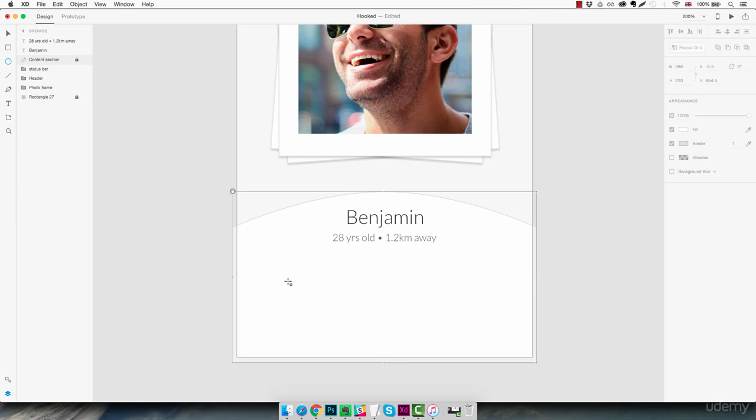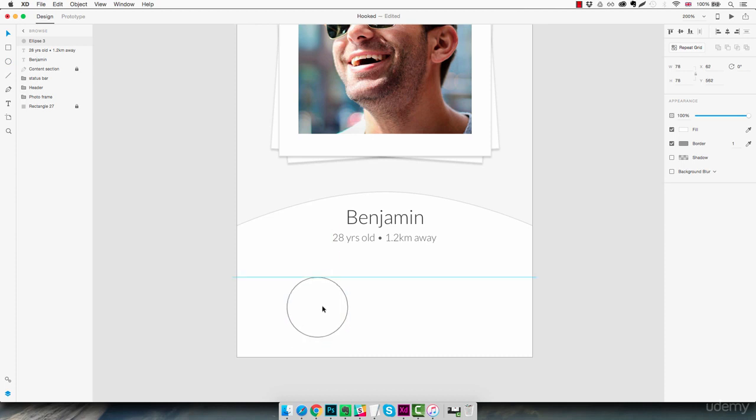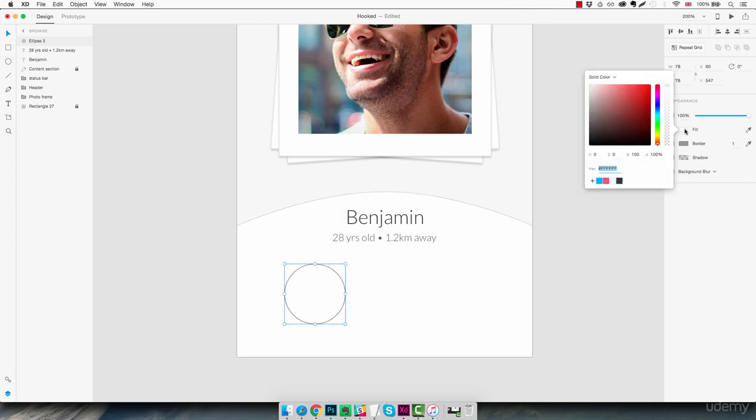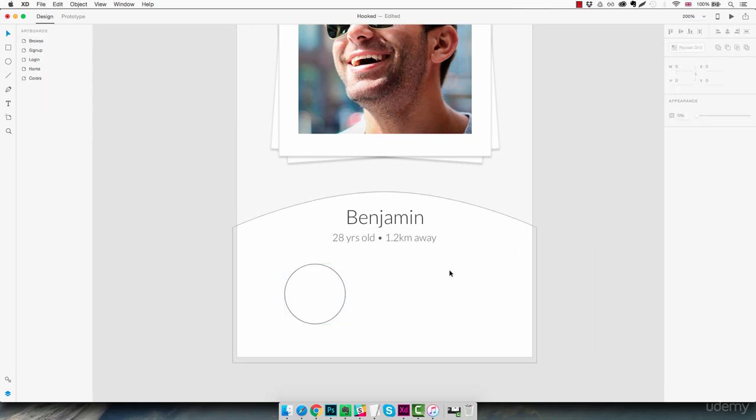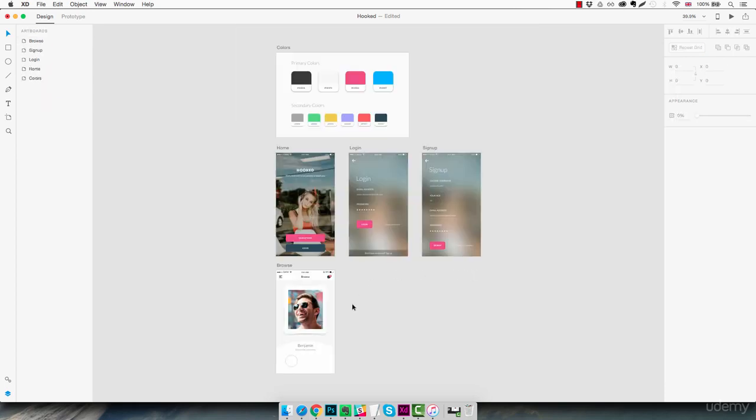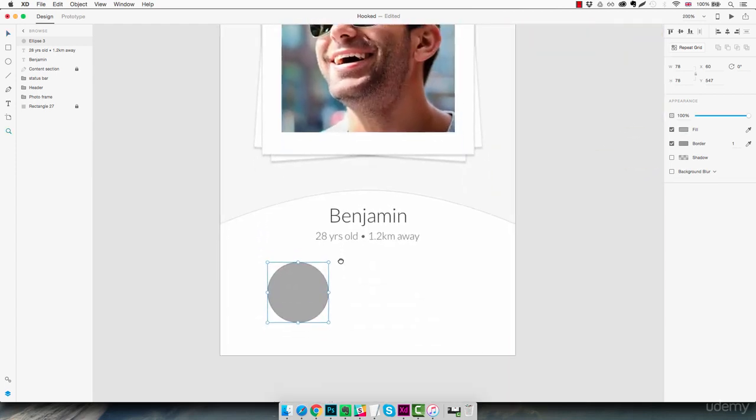So with our ellipse tool, I'm gonna create a perfect circle by holding the shift key and clicking and dragging. I'm gonna make it about this size. And we need to change the color, and actually we're gonna use one of the gray colors that we saved right here. So we're gonna hit Command 0 to see the full view of our canvas, and using the color picker we're just gonna pick this color here. Then we're gonna go back down,